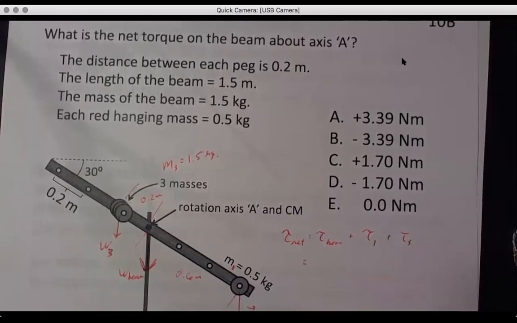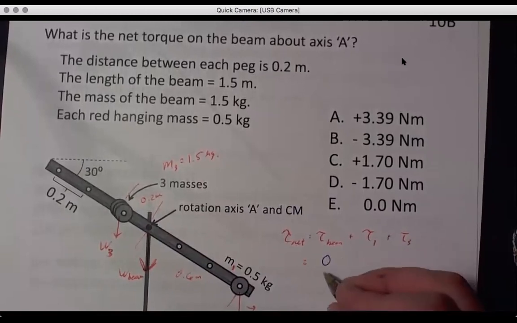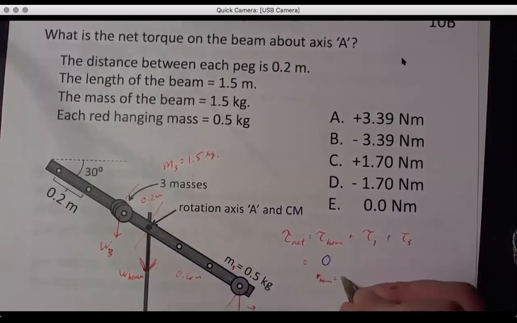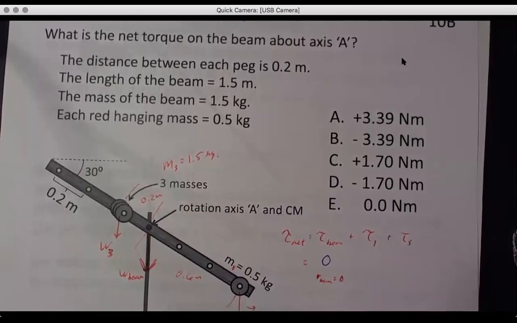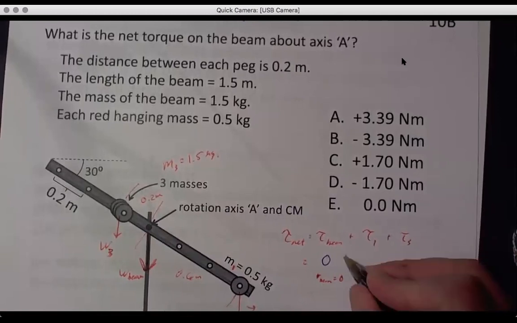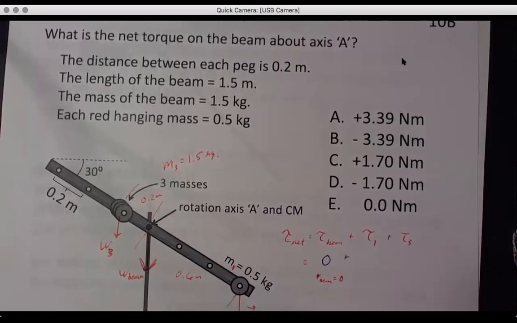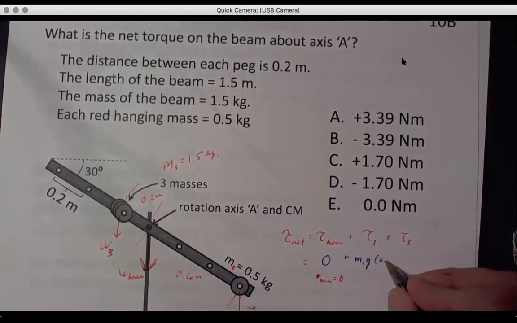And the torque of the beam is going to be 0. And that's simply because it's about the center of mass. Plus weight 1 is M1G, distance 0.6 meters,